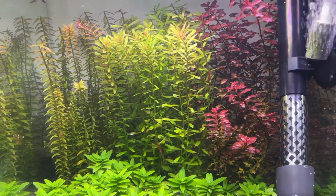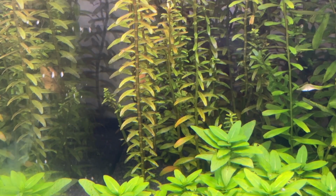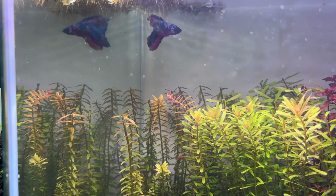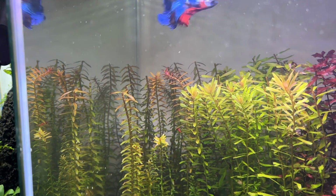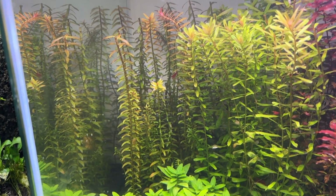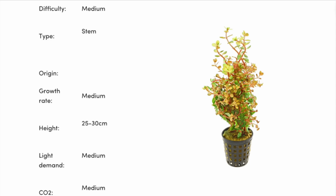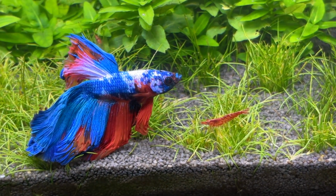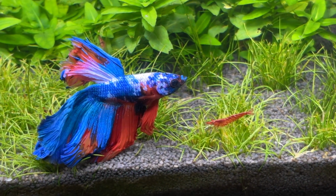Moving on to the Rotala orange juice in this tank, and it's really not gaining much height, but it is healthy and it has grown, so I'm happy with it. One thing to note about Rotala orange juice compared to the regular Rotala rotundifolia is that the orange juice variant is listed as needing a moderate amount of CO2 for optimal growth. Considering that I'm not running any CO2 in this tank at all, I'm actually really happy with how the Rotala